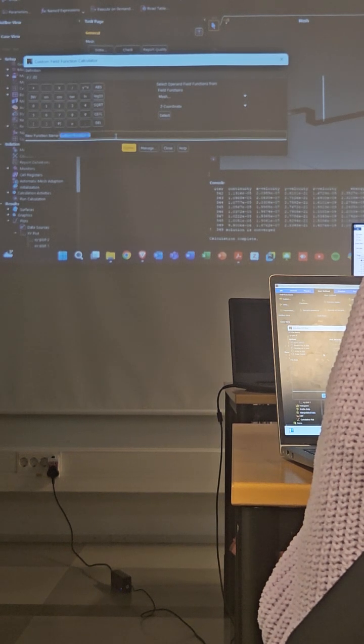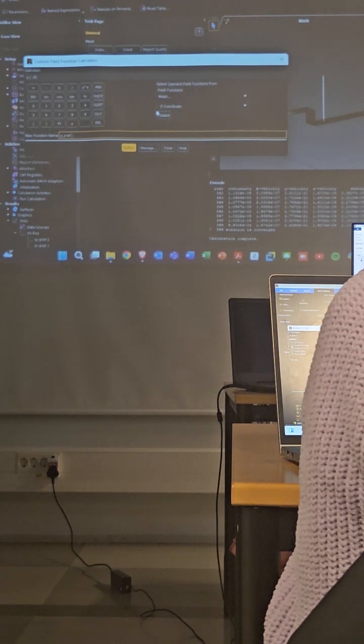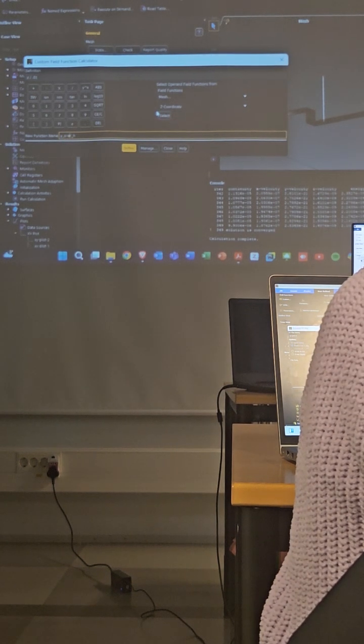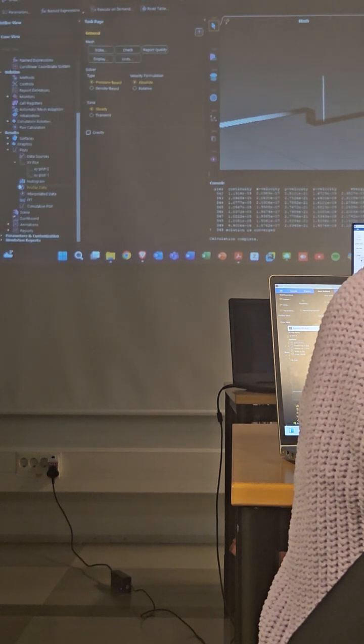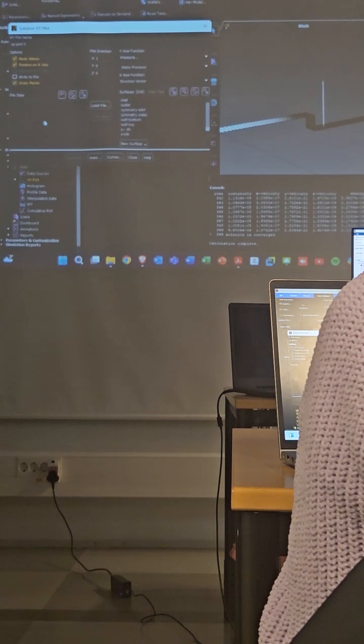And we can call this variable y over h. Define. So, for example, we can plot now the